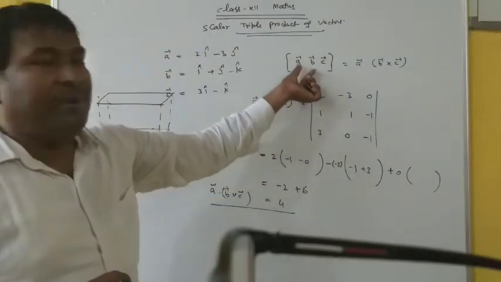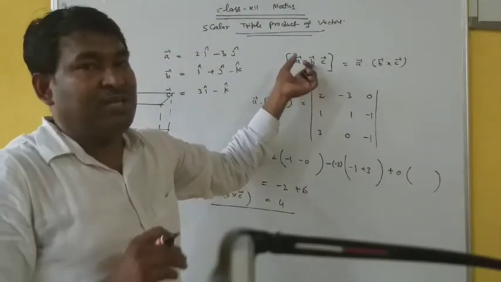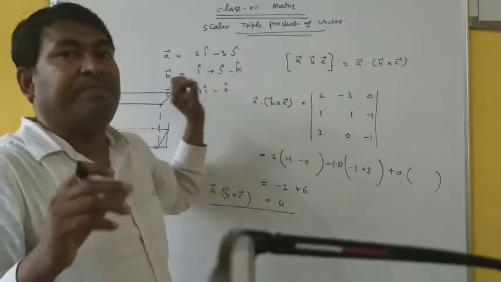So by scalar triple product, if three consecutive sides of a parallelepiped are given, then we